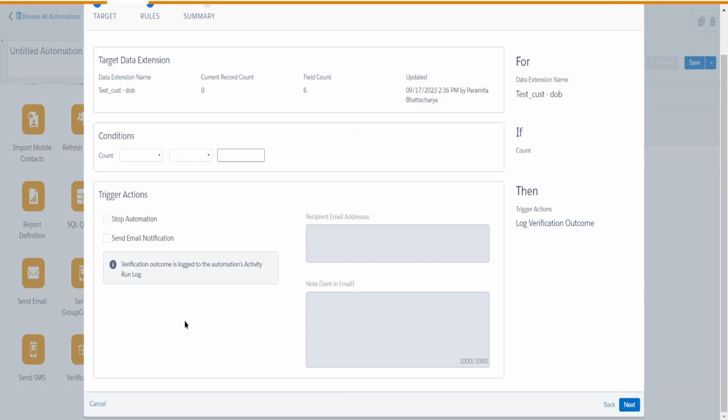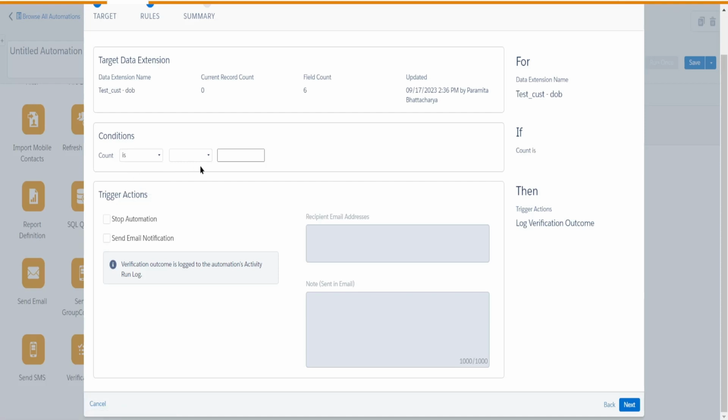Then next. So what will be the conditions? It's totally up to how you are going to design your verification. My condition will be, I want to know if any, every time data comes in, or you can choose if anytime data doesn't come in the new data extension. But one thing you have to understand, sometimes it may happen that no one is having a birthday. In that case the data will not come. So if you don't want any verification like this, you don't need to do this. But here, just to show you how to set the verification, I am using if data doesn't come,